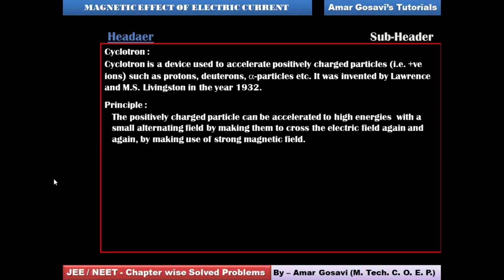Now here one needs to understand the role of the electric field. Because of the alternating nature of this electric field, or alternating current as we also call it, it will help us accelerate the positively charged particle. But when it has to be accelerated, it has to move in circular paths. So the strong magnetic field will ensure that the positively charged particle will move in circles, and how moving in circles helps us in accelerating these positively charged particles, we are going to study subsequently.